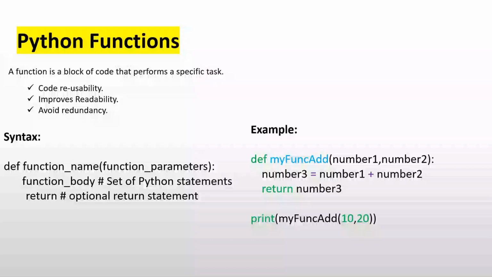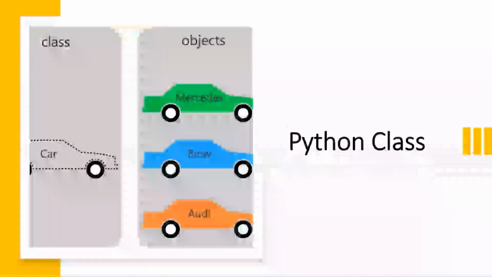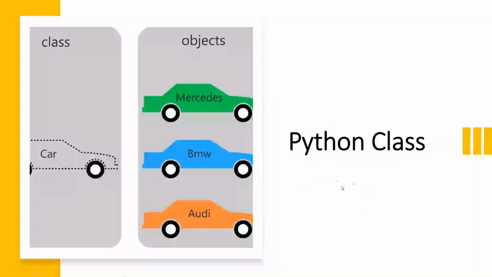Our next topic is Python method. Before we can understand methods in Python, let's discuss a few things about a class in Python. We already know that Python is an object-oriented language, which means that it can deal with classes and objects to model the real world. A Python class is an abstract data type, which forms a blueprint for the objects. A class has all the properties mentioned in the plan and behaves accordingly.